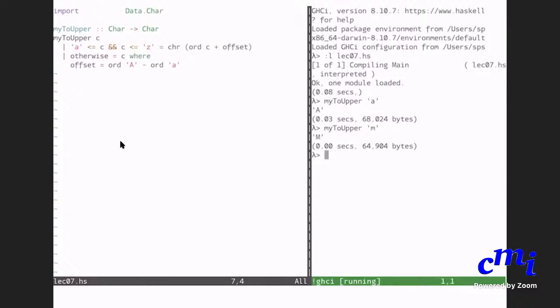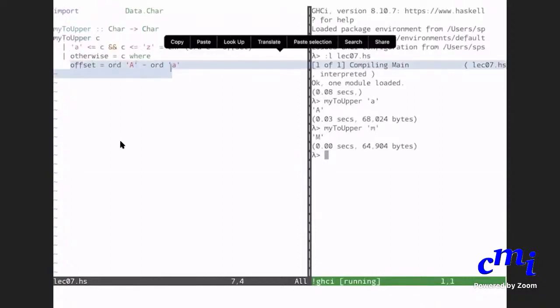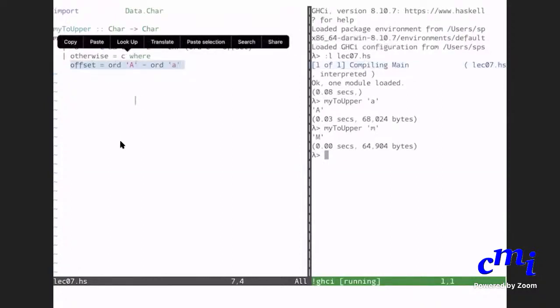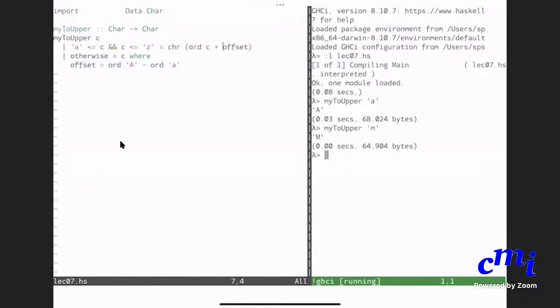Swaminathan Rajagopalan is asking, what is offset? Offset is a local definition. That is just a name for this expression. Yes, instead I could have directly used this expression up there itself, but then it would clutter the main definition and you won't realize what is happening. I want to emphasize the fact that this is some offset that you are adding to every character.